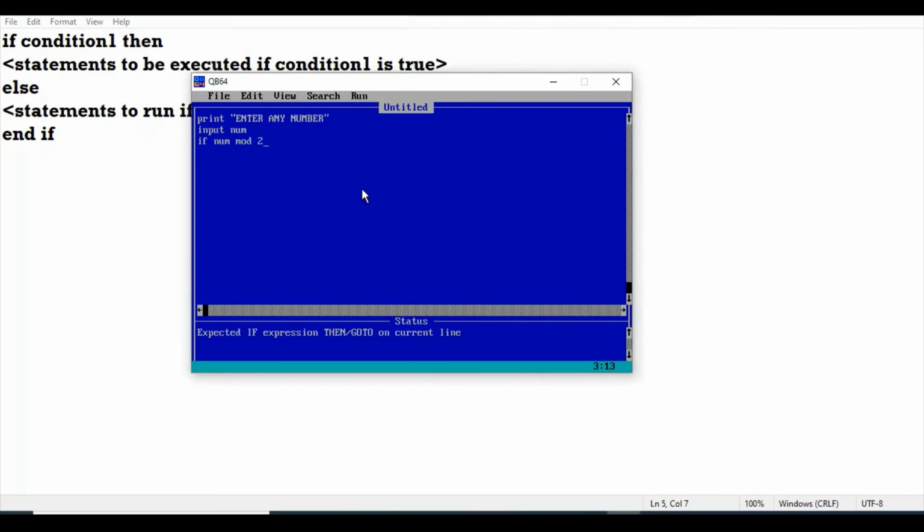If num mod 2 equal to 0, then print number is even, else print number is odd, end if. बेटा प्रोग्राम बहुत ध्यान से लिखना कॉपी में. In very neat handwriting, write the program very carefully, okay?